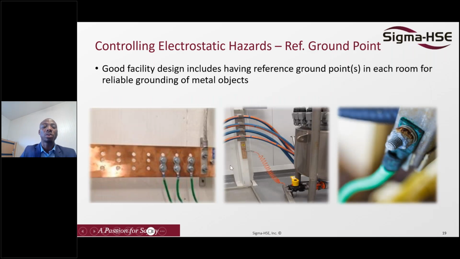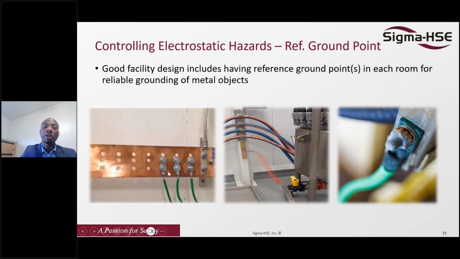And normally when I come to a facility, most facilities have what we call, in the picture on the left, a bonding or grounding bus bar. With this bus bar, can you see the line on the top there? That is a grounding cable, which is connected to the ground. Then you have this bus bar, to which you connect all your equipment. This is supposed to be zero potential, with a maximum of 10 ohms from here to here. So everything here is actually grounded.